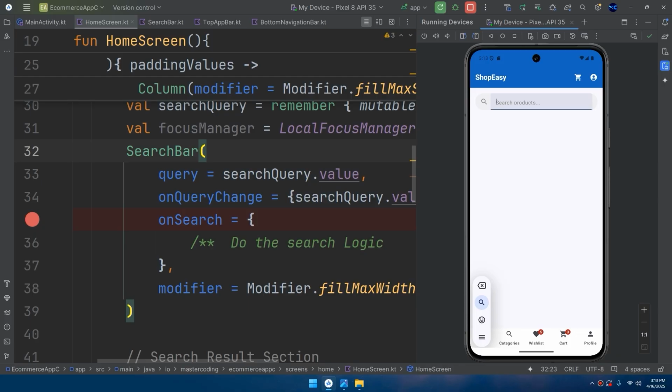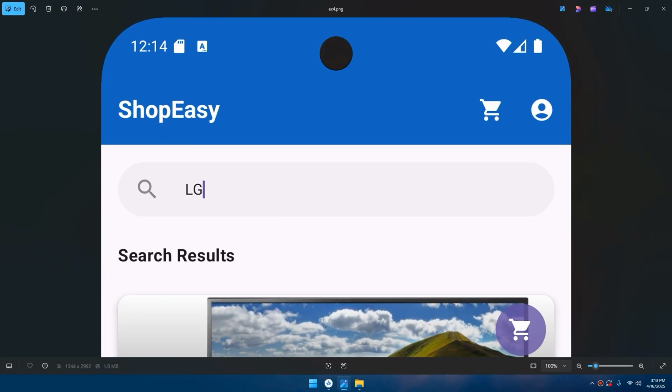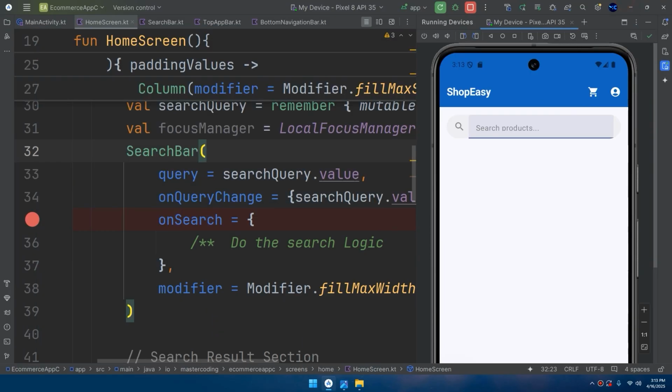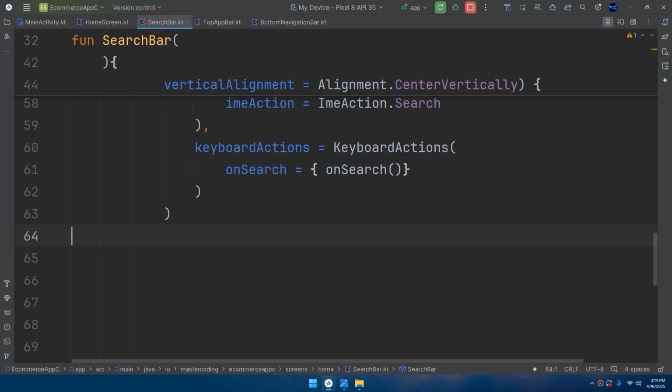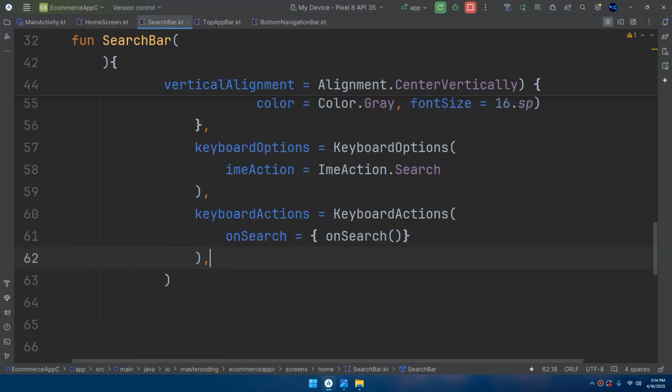We have this search bar. Okay, you can notice that the colors are different. So here we have a transparent color and we're seeing the background. Here you can notice that the text field is a different color. To solve this issue, we can go back to the search bar here and set the colors parameter equal to